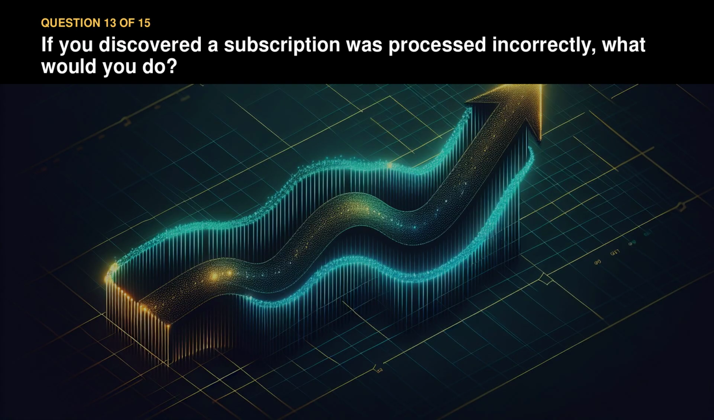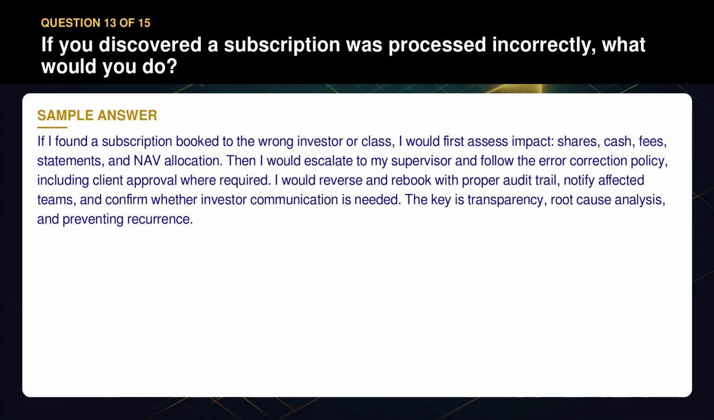Question 13. If you discovered a subscription was processed incorrectly, what would you do? If I found a subscription booked to the wrong investor or class, I would first assess impact: shares, cash, fees, statements, and NAV allocation. Then I would escalate to my supervisor and follow the error correction policy, including client approval